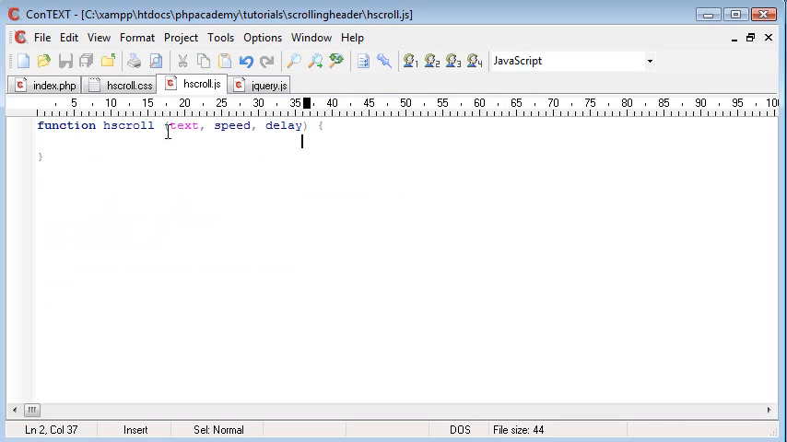So if we come back to here, we've got the function hscroll, like I said, the text, the speed, and the delay. Now, the way we want to do this is we want to say $header. Now we've addressed the header div, and we want to put something inside it. In fact, no, just to make it clearer, we'll say header.slideToggle, and I'm going to say